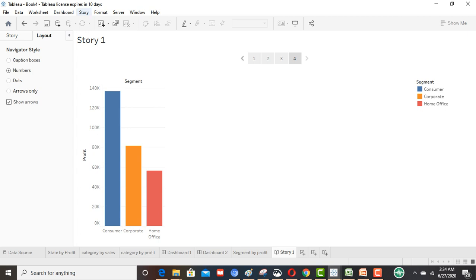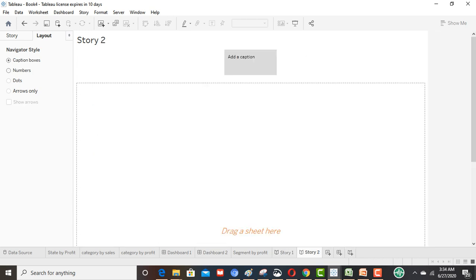One option is to go to the header, select Story and click on New Story. Another option is to go to the footer, then select the new story, third tab, and click on the new tab. Now this is my story page. From here we can create any kind of story. So for that, first we require